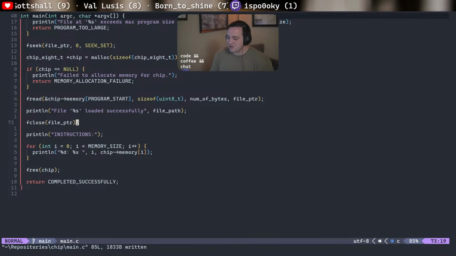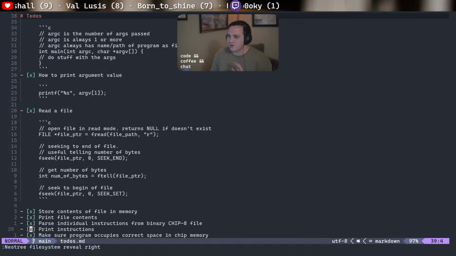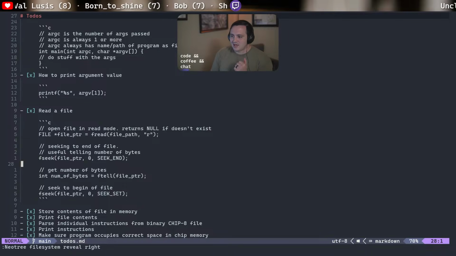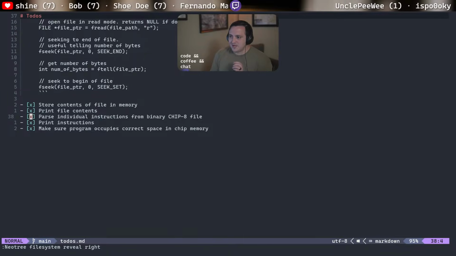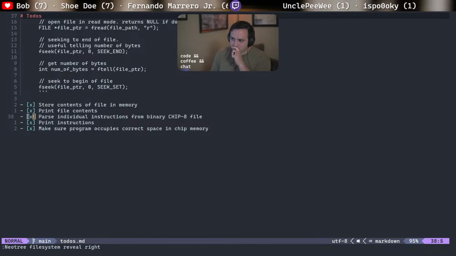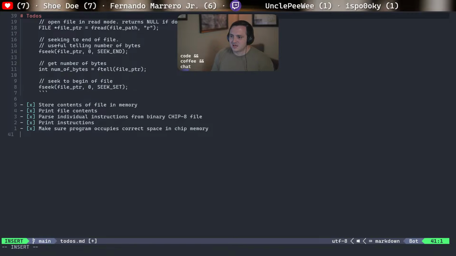I think we made good progress though today. We learned a lot about working with files in C, particularly the basics of how to read them, how to seek through them, how to tell how many bytes they have in them, how to read the file into a buffer in memory, which is good. We learned how to print the file contents. We've been able to get the individual instructions and print those as hexadecimal. So I think next is